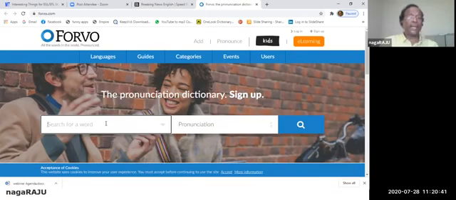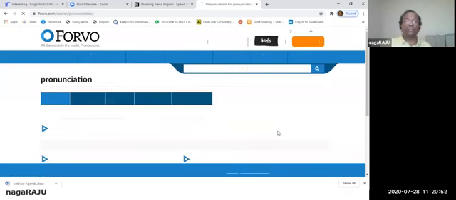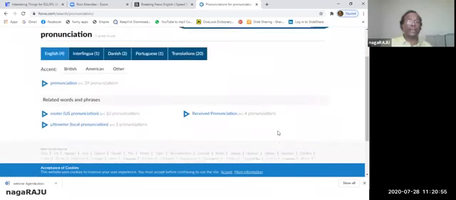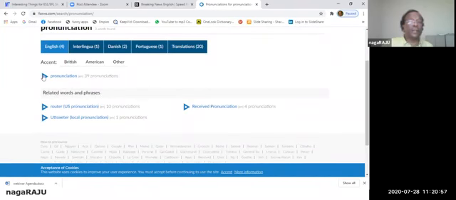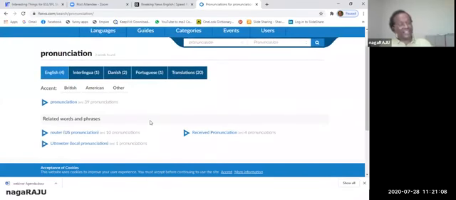Suppose I type the word pronunciation itself, and I click it here. So what does it do? It gives me the pronunciation of the word pronunciation. Pronunciation. How does that sound? Very good. So it's a pronunciation dictionary. The beauty of this is that this dictionary is built by people like you and me. Somebody has contributed this pronunciation and it is already available here, approved and kept here. And you can also go to